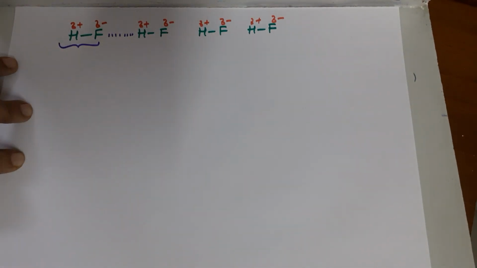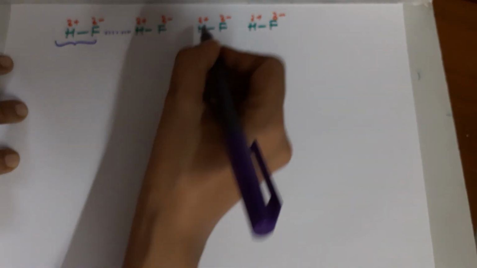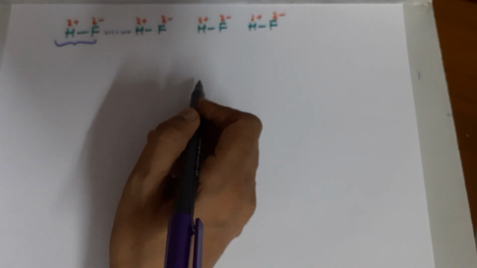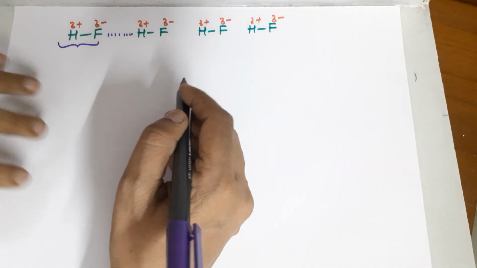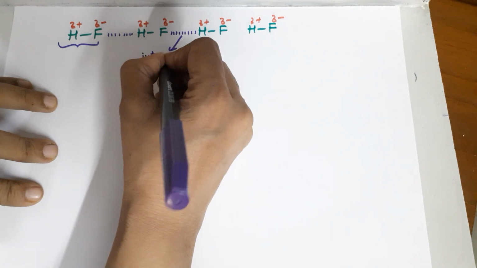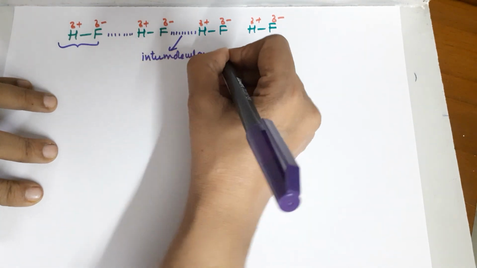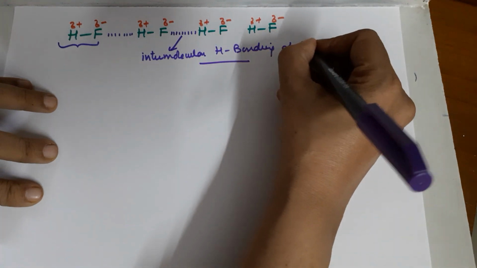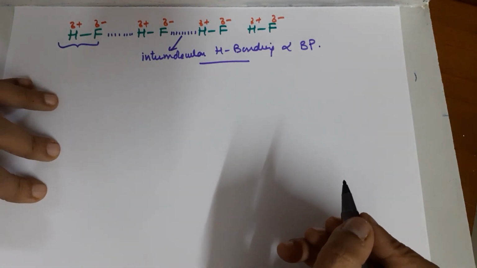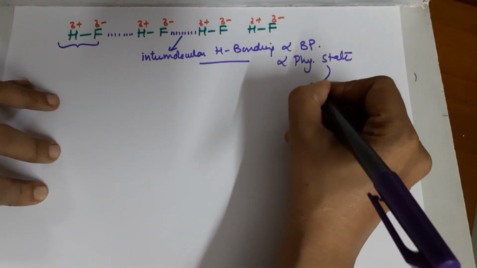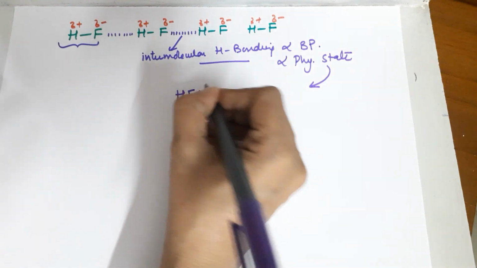Whenever the electropositive hydrogen in a polar covalent bond gets attracted towards the electronegative center of the adjacent molecule or a molecule nearby, this leads to attraction called intermolecular hydrogen bonding, and this is the reason it is directly related to your boiling point. Also, it is directly related to your physical state, and that's the reason HF is the most